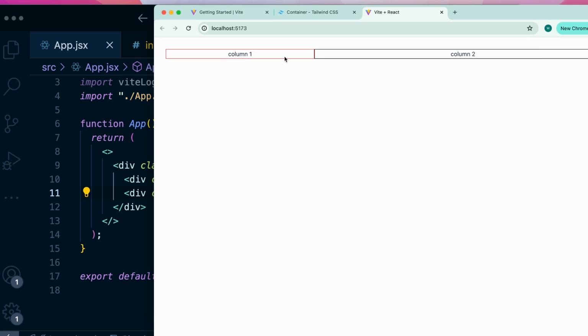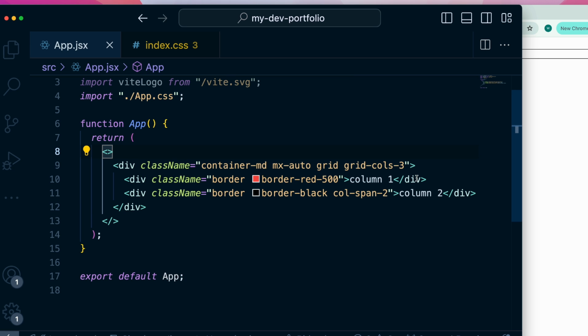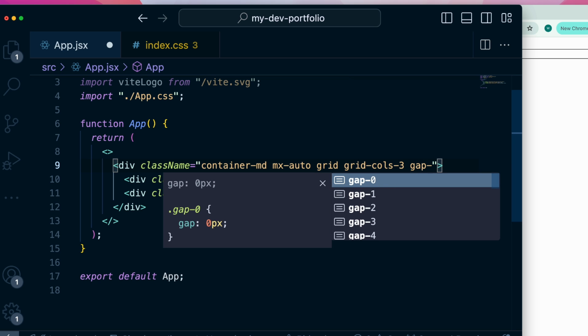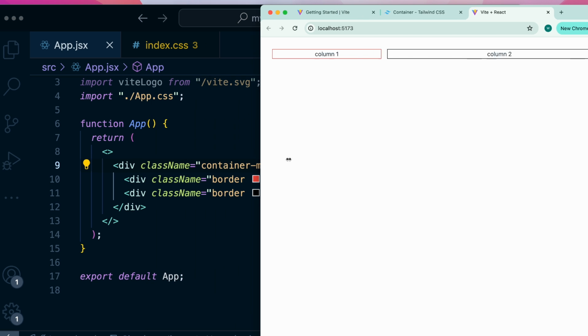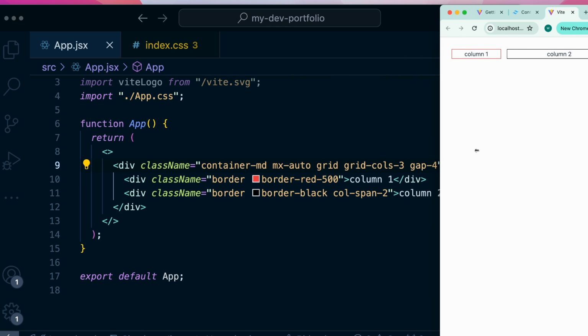All right, so that's the perfect distribution. Let's add some gap in between. We can do that by setting margins or also setting a gap on the parent container. Great. Now, if we make this a smaller screen, we can also see that we still have the same 2 columns,